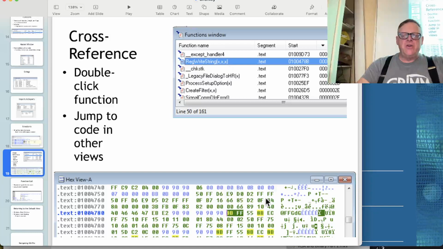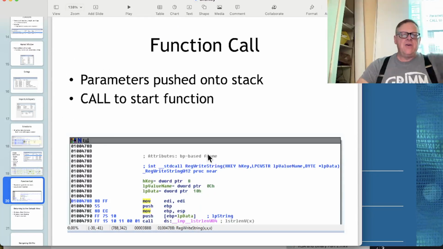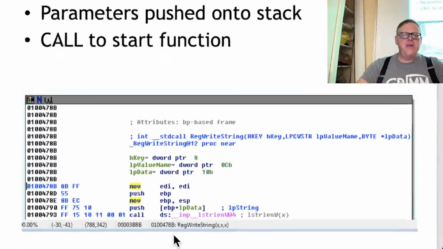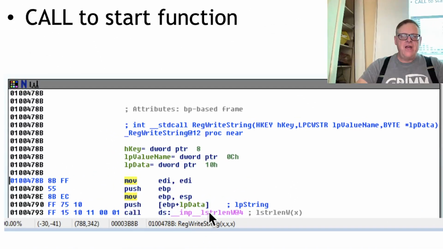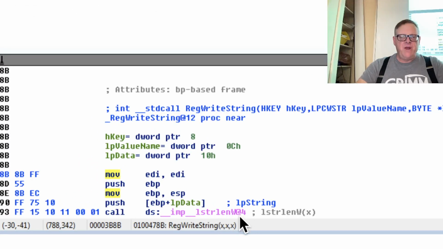So if you double click it here, it'll show you another view of that same information, like in hex. And one thing I mentioned before, and it's good to see, this is what a function call looks like. I'm going to call this function to find out the string length of something. There's some extra folds there. I don't know what this imp w@4 stuff is, but this gives some kind of measure of a string length. So the way you call a function is you get some data, push it on the stack, then you get more data and push it on the stack,